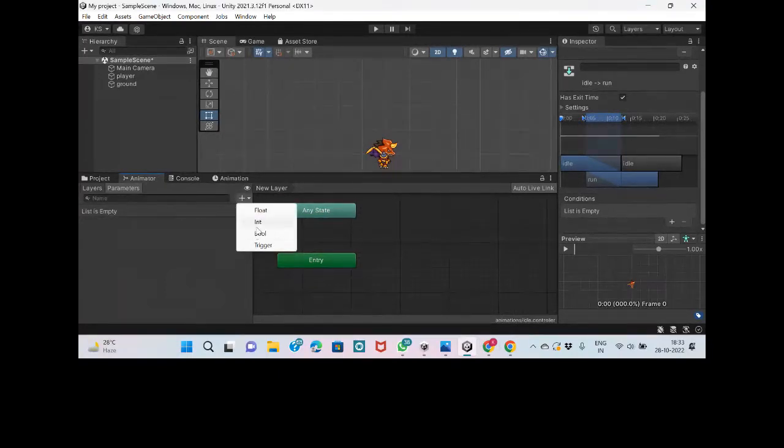So I'm creating a condition, so called bool, and naming it as run. So when run is true, you're getting the run animation, and